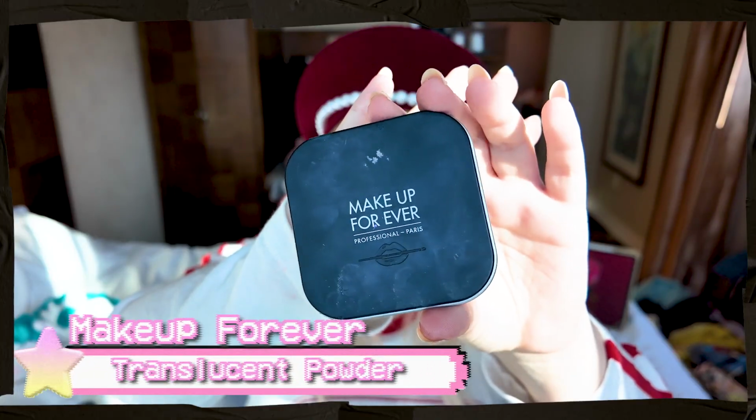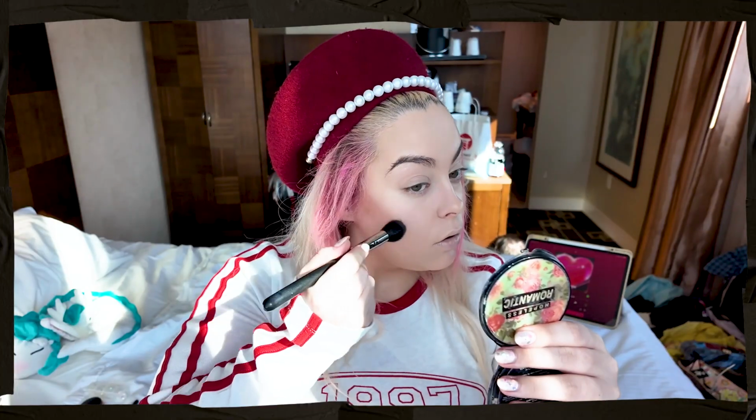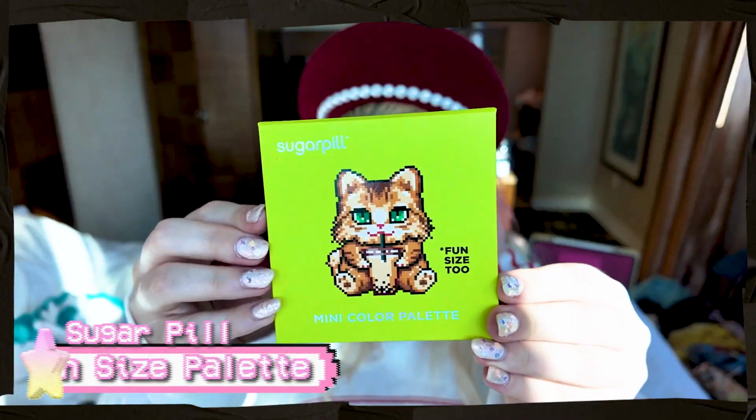So once we are done blending that all out, we're going to be going in with this Makeup Forever translucent powder, setting our eyes first so we don't get any creasing, and then I'm going to be going in and setting everything else. Once we're done setting everything, we're going to be going in with our contour, and this is a palette by Anastasia Beverly Hills. I'm sure you guys have all seen it before, but I am just going to town contouring,